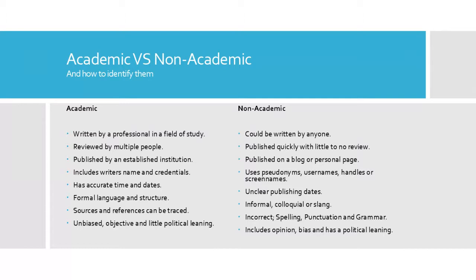Obviously, these are all rules of thumb, and some academic texts will share some aspects of a non-academic text, i.e. it's from an institution rather than from a specific writer, or it won't include their professional credentials, or it could be a document that has been published on a personal blog or page but is, to all intent and purpose, from a reliable institution. There are occasions where books and journal articles do have incorrect spelling, punctuation, and grammar, but